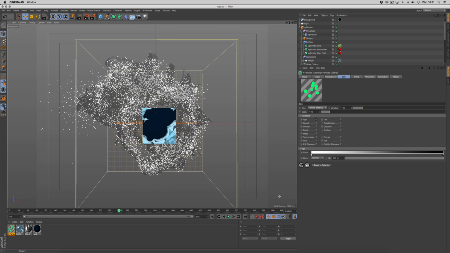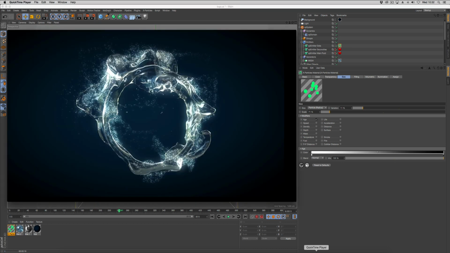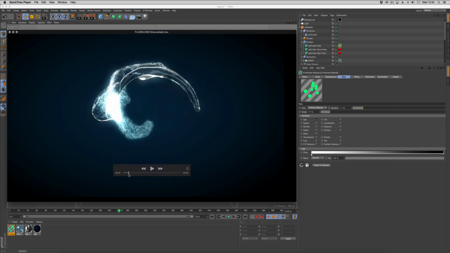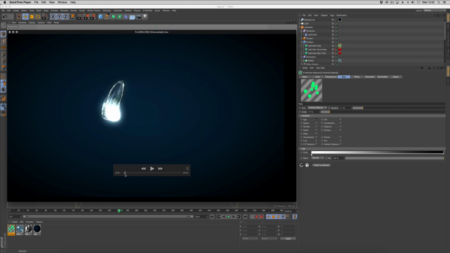And what we did when we did the final was we rendered these as a separate pass using the mesh as a matte object and then compositing them on top, so you can see they're on top as well as going behind. And then we just use a simple glow in After Effects to get the final